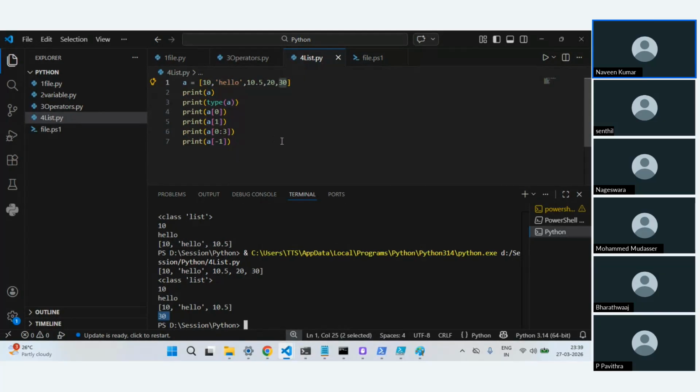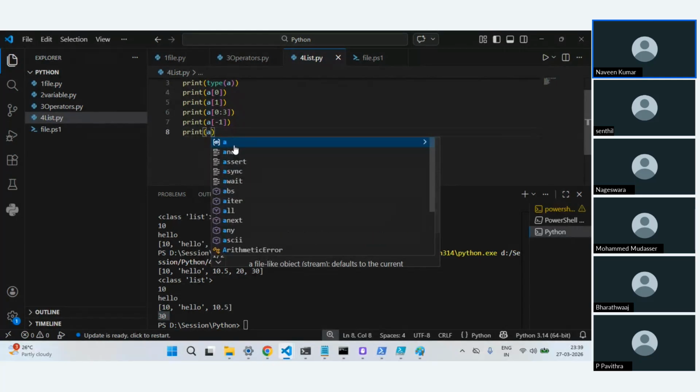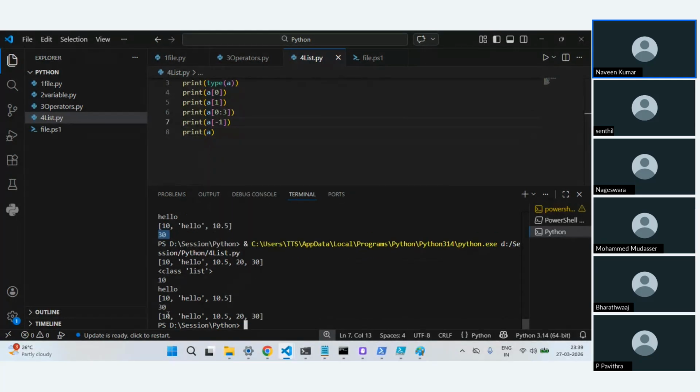Now, if we want to add, right now, if I print A, this is still going to print whatever I have here. Let's say you have a set of values in your list, and you wanted to add a new element.